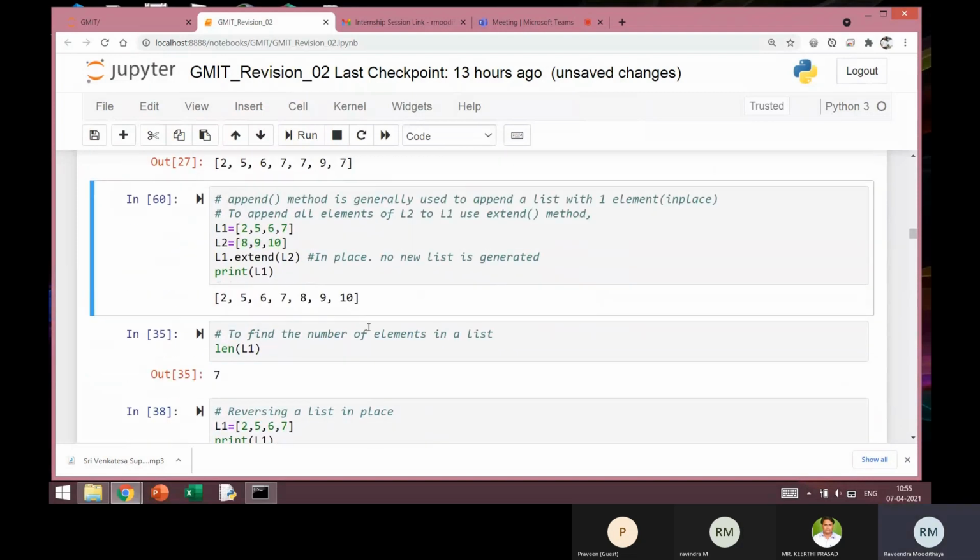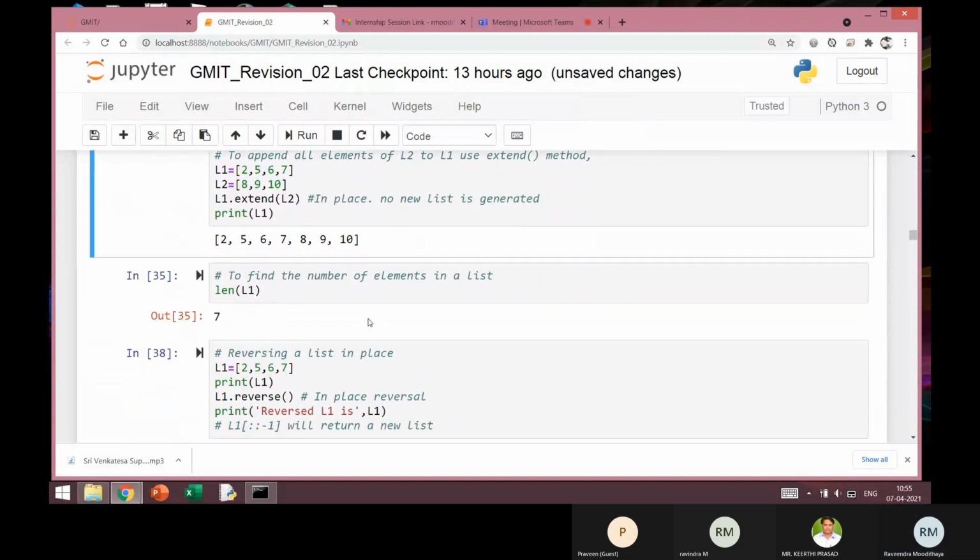Going further, if you want to find the length of the list, we have seen this earlier, you can always use len, which is a built-in function of Python. It is available to you anytime, without importing any module.